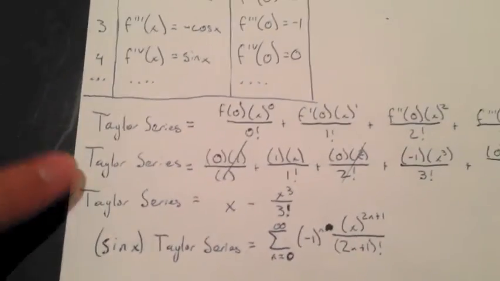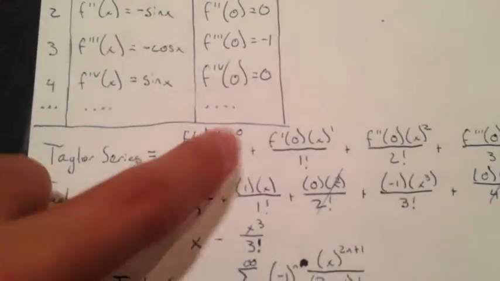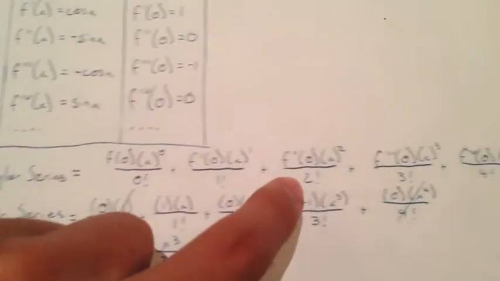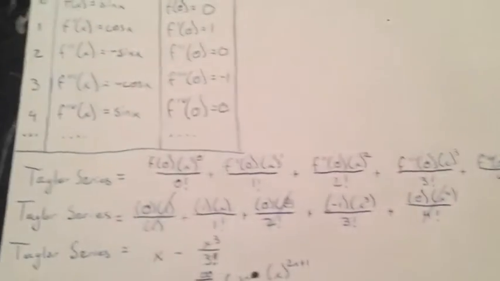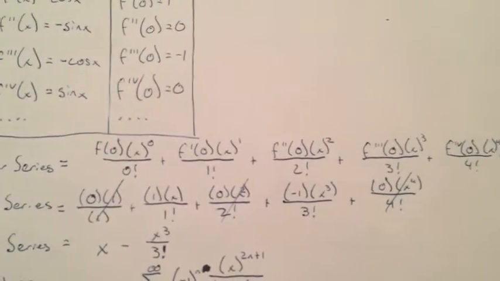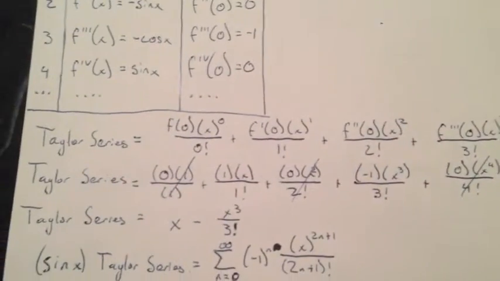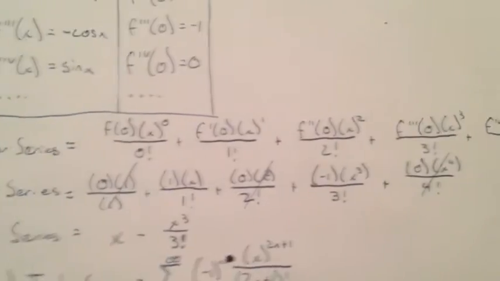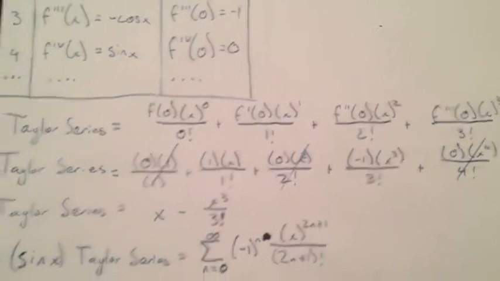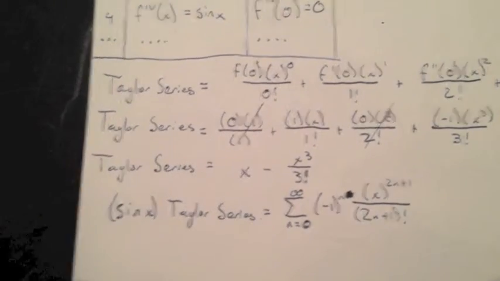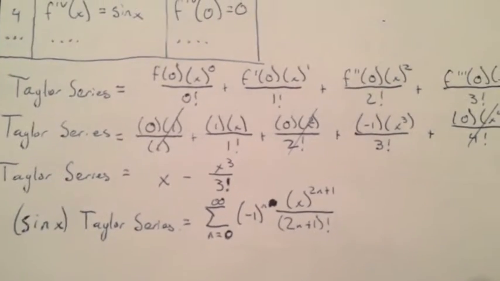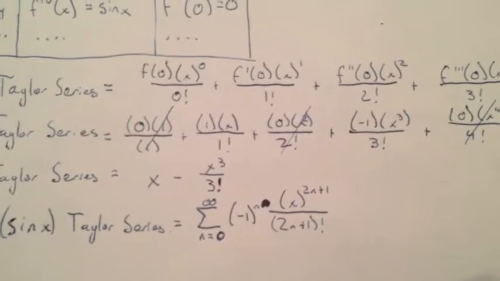Oh, by the way, this is supposed to say Maclaurin series. But yes, we plug in 0 here, 1 here, 2, 3, and 4 for all 4 derivatives. And you can see that then we can cancel out the 0, the 2, and the 4th degrees because they have zeros contained in them. And then we can simplify that down into the Maclaurin series equals x minus x cubed over 3 factorial. Now this is the final answer for this particular problem, but if we want to take it further,